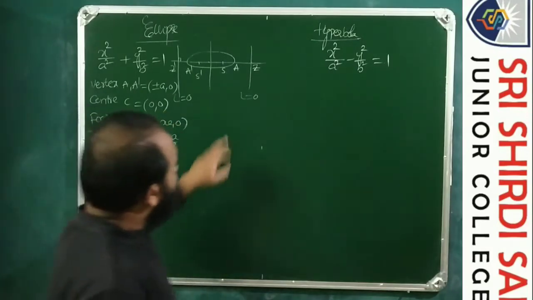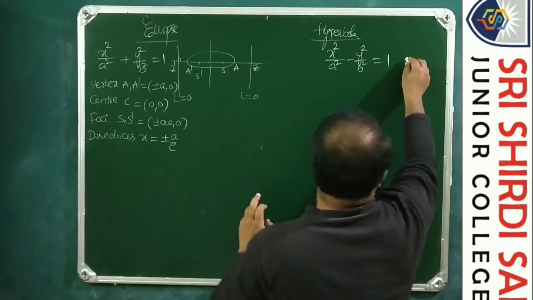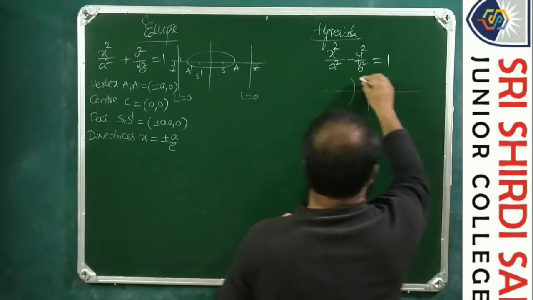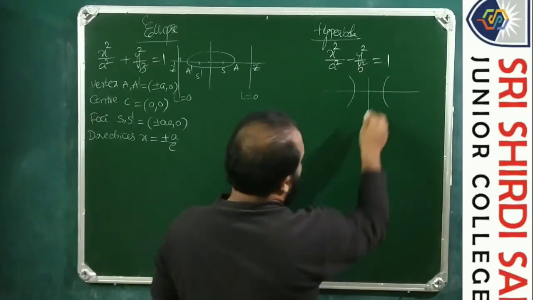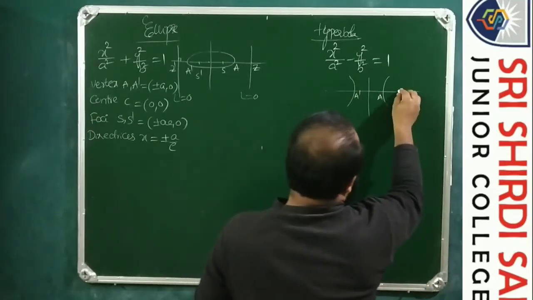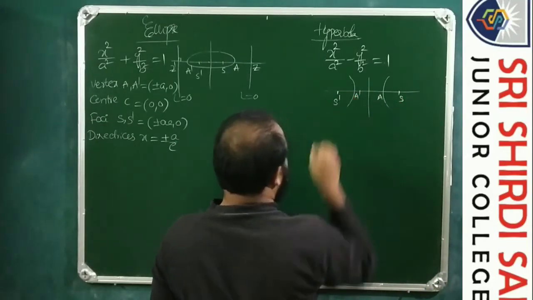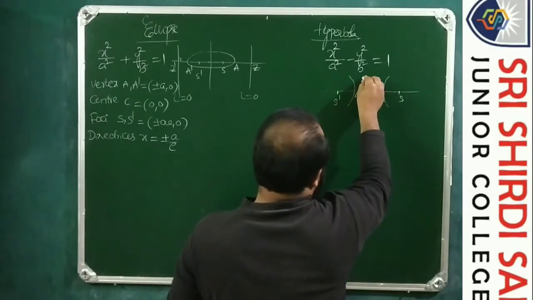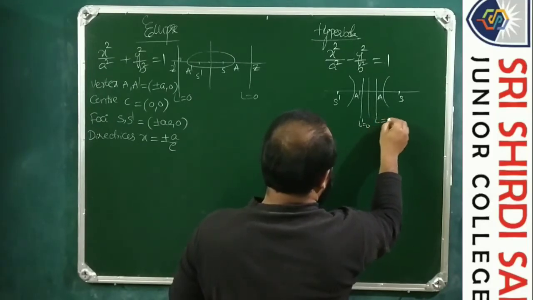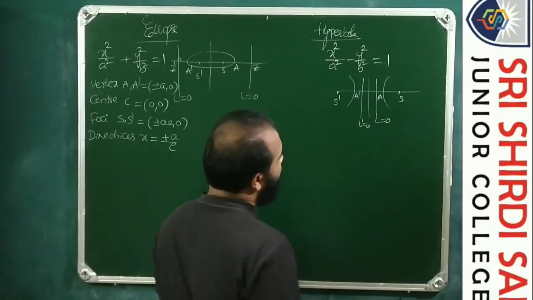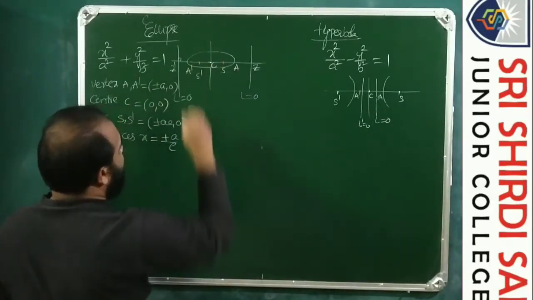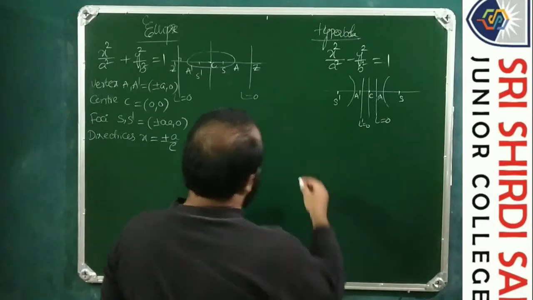So the diagram for this is this. So A, A dash are the vertices, S, S dash are the foci, L dash equals to 0 and L equals to 0 are the directrices, and C being the center. Here this C is the center. The same here also,